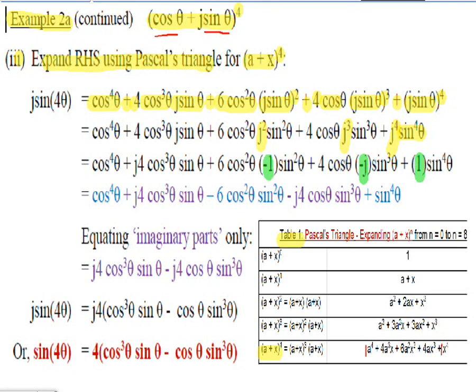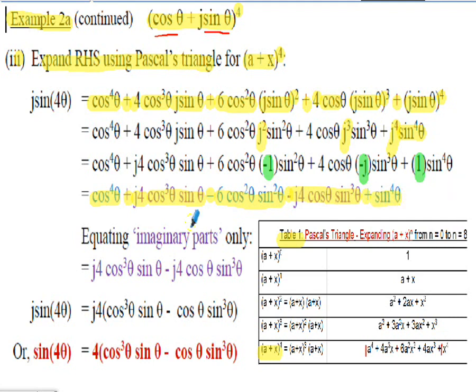So be careful there, that's using the powers of j, and again we've looked at that in the previous presentation if you want to go and review that for background reference. So simplifying on the next line, we get cos to the power of 4 theta plus j4 cos to the power of 3 theta multiplied by sine theta minus 6 multiplied by the cos squared theta multiplied by the sine squared theta minus j4 cos theta multiplied by the sine cubed theta plus the sine to the power of 4